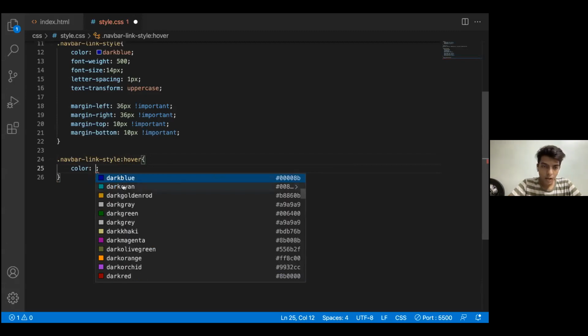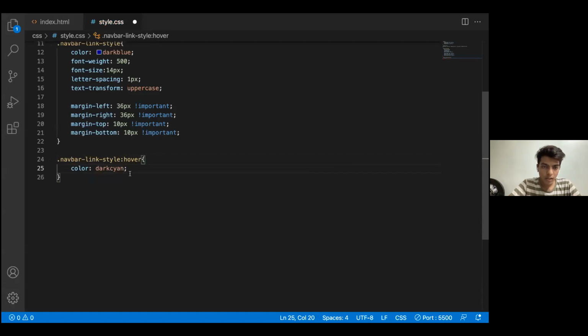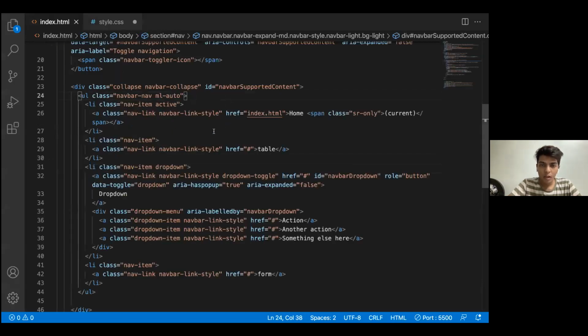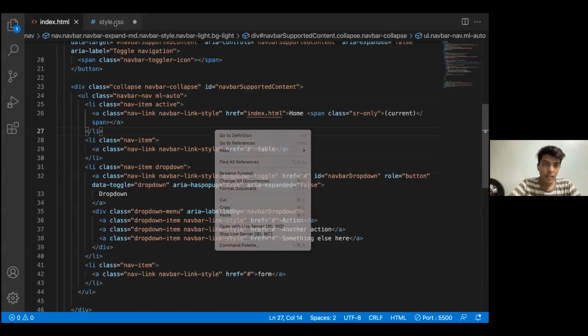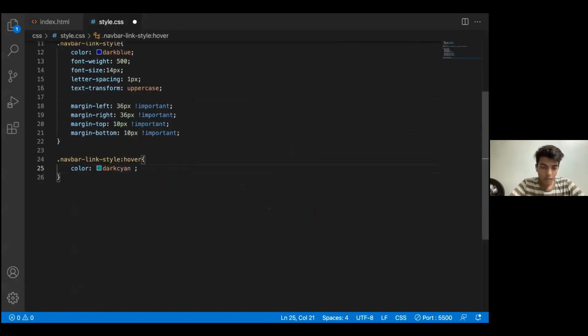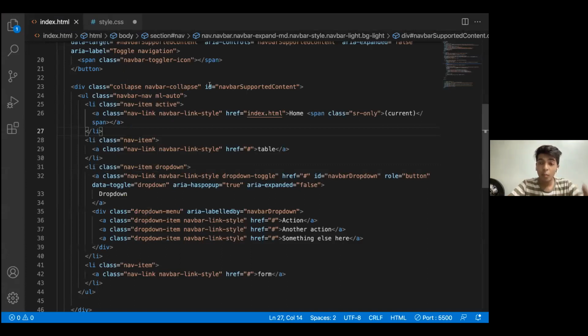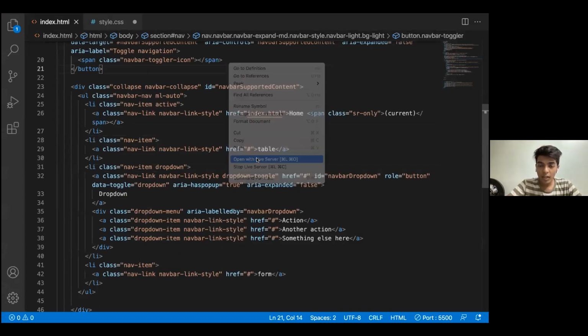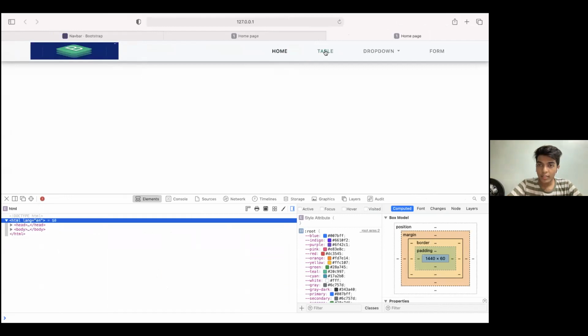Color, and I want the color to change to dark, and okay, let's make this important because this is something that I want. The things that we feel are important, please give a tag of important, so the CSS would look at the important files first, and then it would look at the other ordinary files. So you can see that when I hover over it, I get a different color.